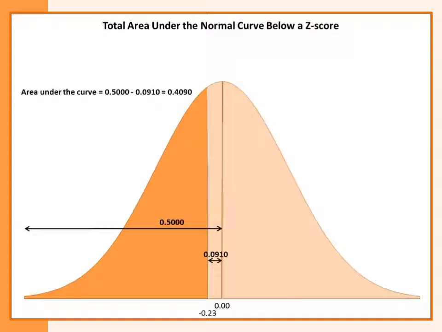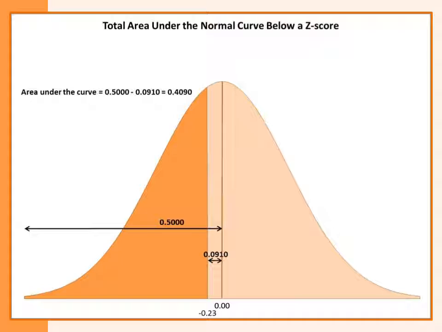Plotting the value of minus 0.23 at the base of our standard normal distribution, we have indicated that 0.0910 area under the curve falls between that z-score and a mean of 0. But keep in mind, what we're asked to find is not the area between 0 and a z-score of minus 0.23, but instead the area below minus 0.23. Well, our table doesn't tell us that, so we have to use our understanding of the normal curve to find that value from the information we have.